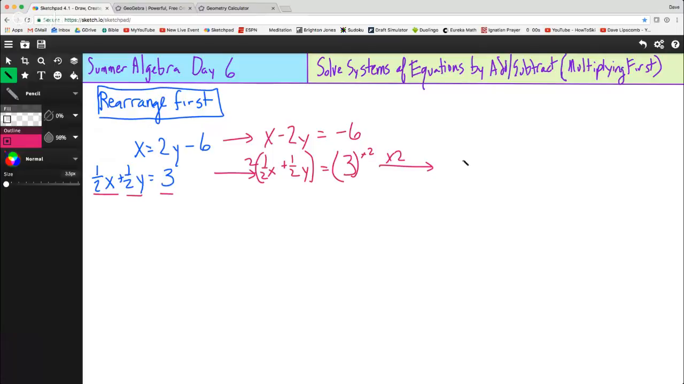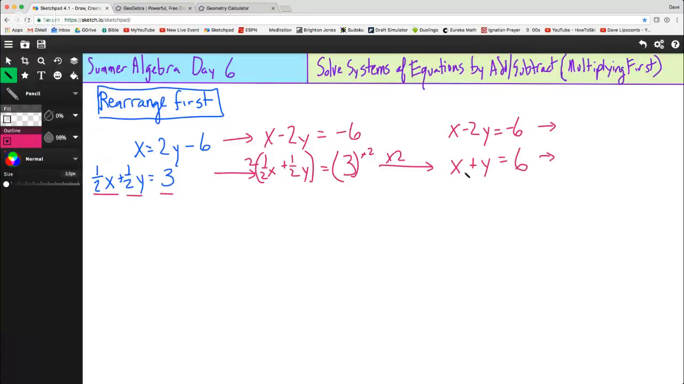2 times a half x is x. 2 times half y is just a y. 2 times 3 is 6. And on the top, we have still x minus 2y equals negative 6. Okay, so this is cool. We can now either try and eliminate our x's, or we can do a multiplication to get rid of our y's. Let's just eliminate our x's